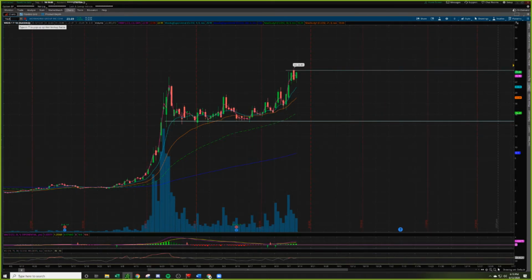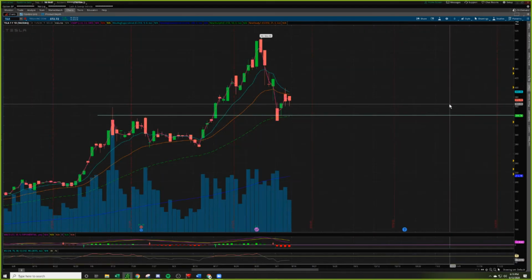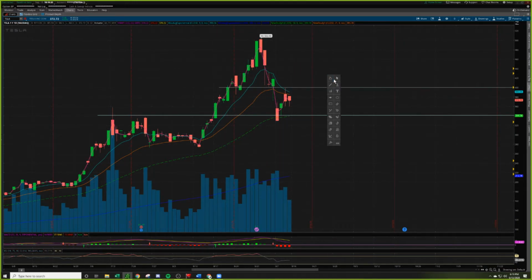So for the first side chart, we're going to be talking about Tesla. This chart isn't telling me a whole lot right now, but we're just going to keep alerts set at the whole number. So a break over 400, I think, is a bullish move here to the top side. It's still trading over the 50 EMA. A lot of these tickers are pulling back to the 50 EMA. So, we saw that with AMD. We saw that with